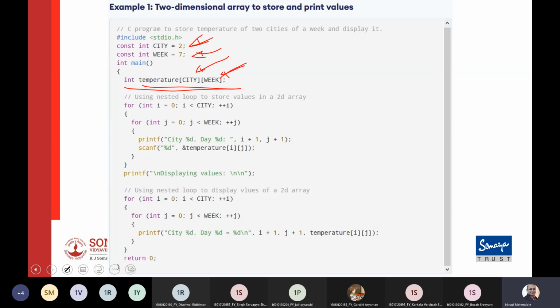Okay, then we write a nested loop to load the values. The first loop is for the city, that will go from 0 to 2. The second loop will go for day in the week, which will go from 0 to 6 because it's a total 7, and even city will go from 0 to 1. And then you actually printf city percent day, that is city 1 day 1, city 2 day 2, and then